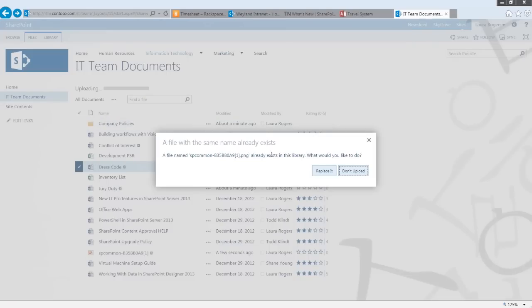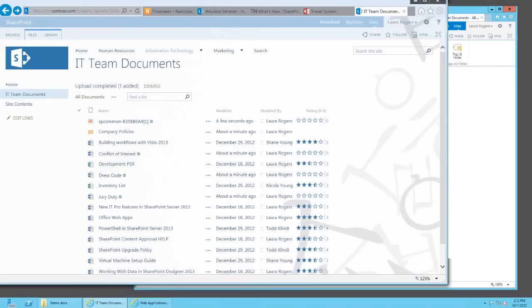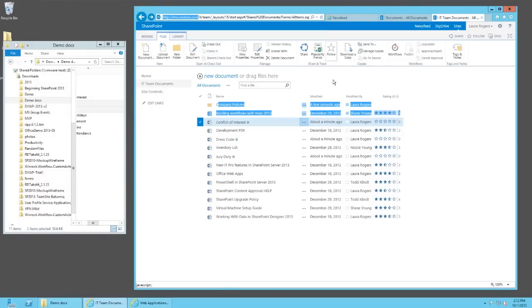Okay, so it drags this over and puts it in the library, and it's just given me an error now to replace it. It's probably just confused because I've got a bunch of fake data in these documents right now. So instead of taking Windows Explorer windows next to each other, you could take 2 different libraries in 2 different browser windows and drag stuff from library to library like that. All right, so besides adding stuff to the library by individually uploading it or dragging things into the library, like you saw me drag those multiple files in there,